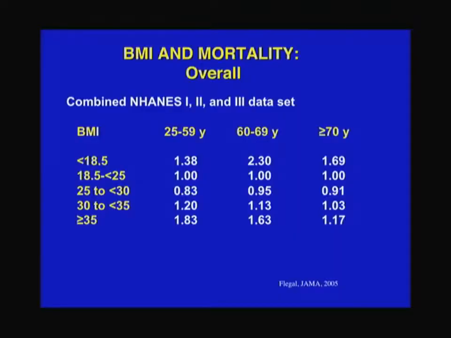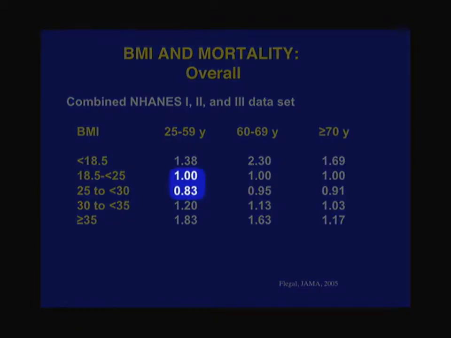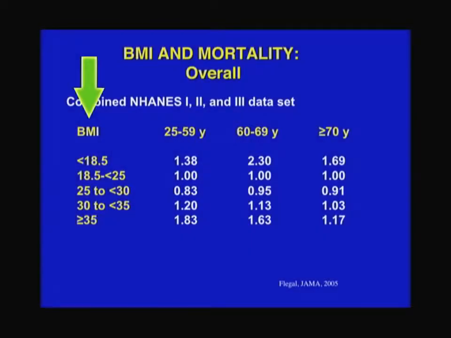But it turns out that it may be even more complicated than that. This is some information from the CDC. This was the first study that made the observation that I'm going to make, but there have been about a half a dozen others since then. So this is no longer just one study raising an interesting new question. And the place I want you to focus is right here. So just to orient you to this slide, here now are our categories of BMI. Here are the different phases of the life cycle.